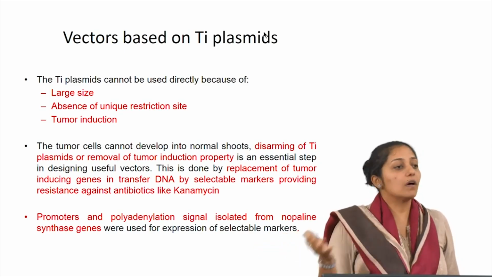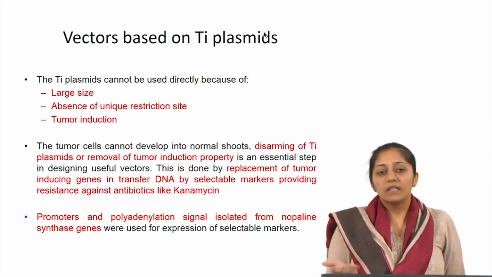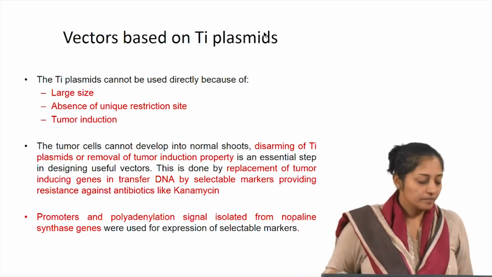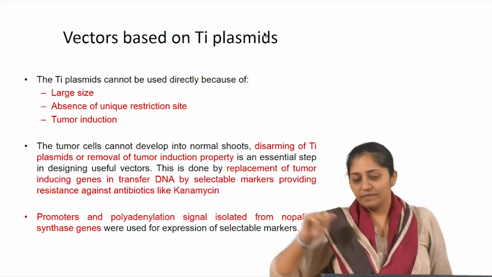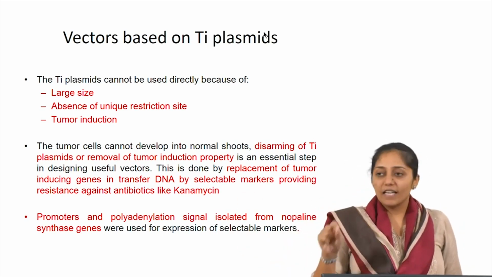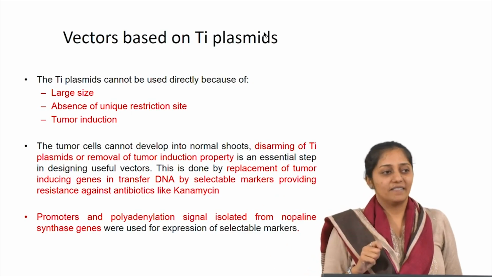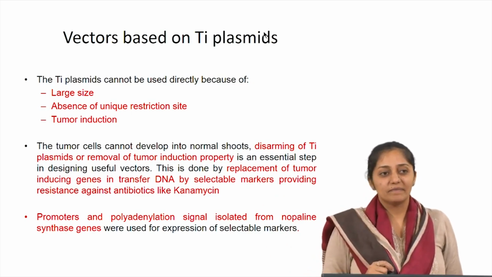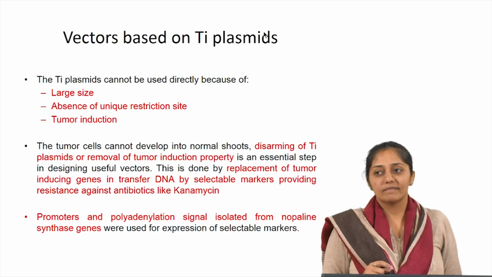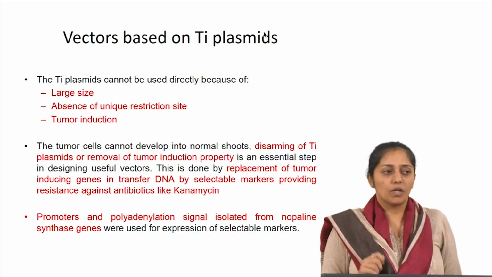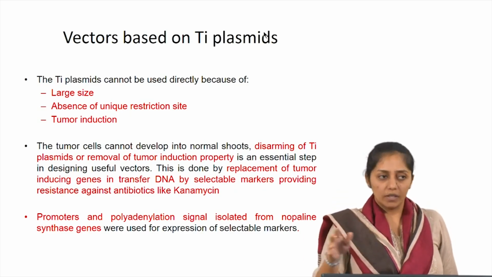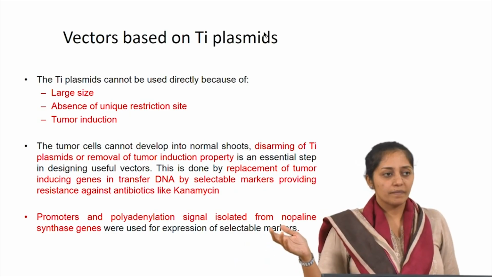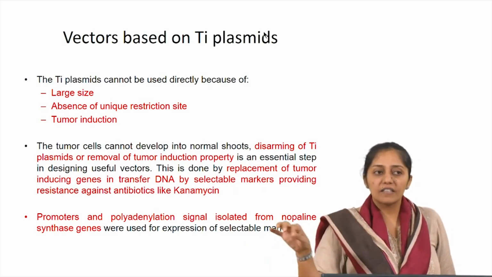So is it useful or not? Then it is advantageous. But still a selection is needed after transformation. Selection of the cell line. Why? You understood what I am trying to ask? I infect with the Agrobacterium and I will have more than one cell line. I say still there is a selection needed.